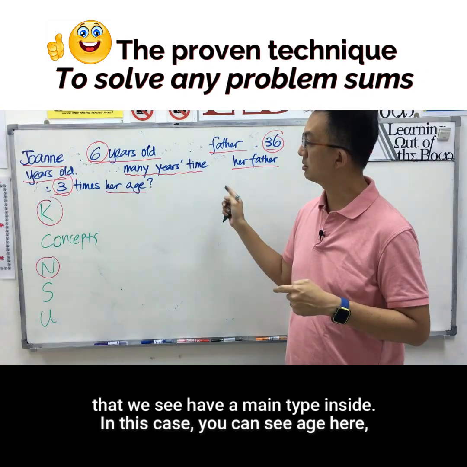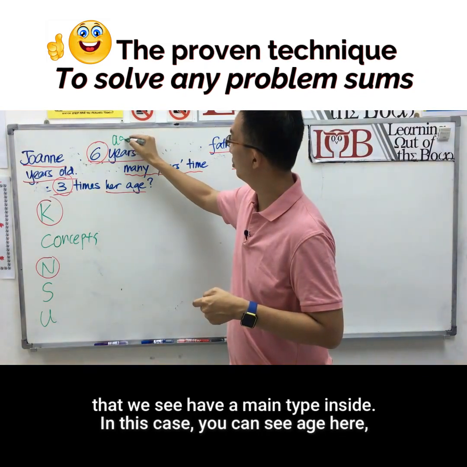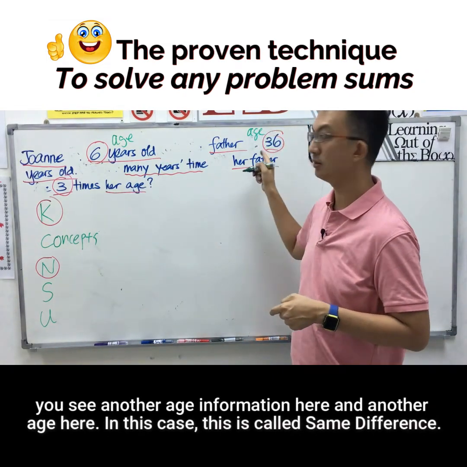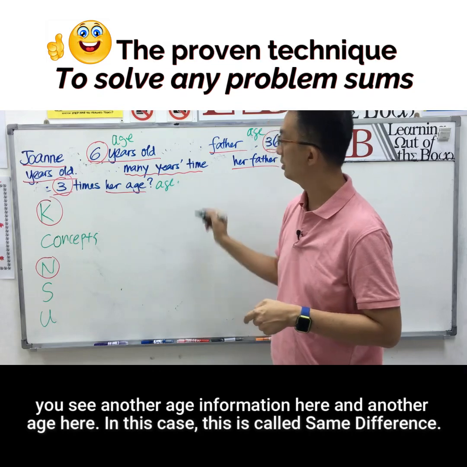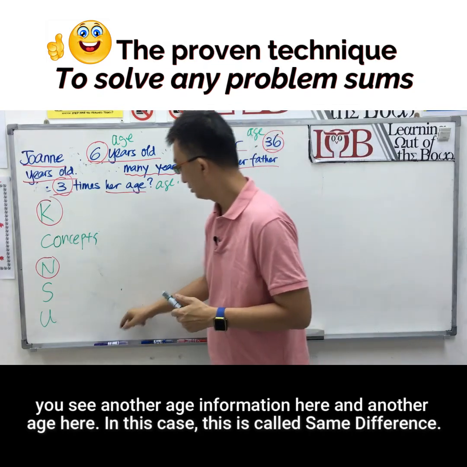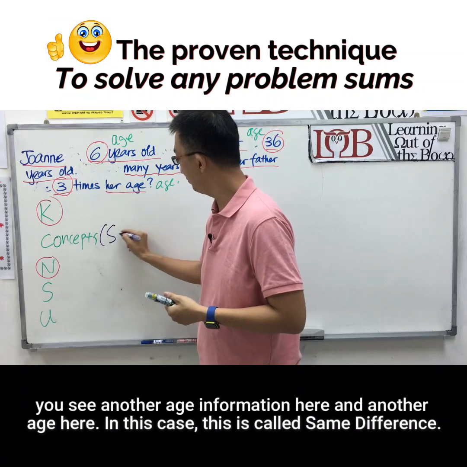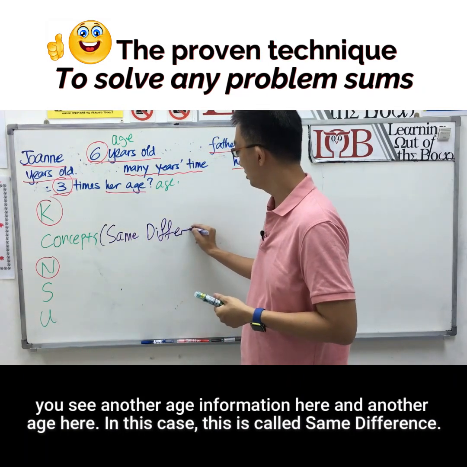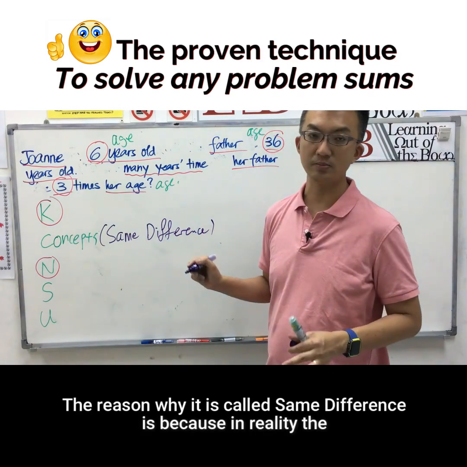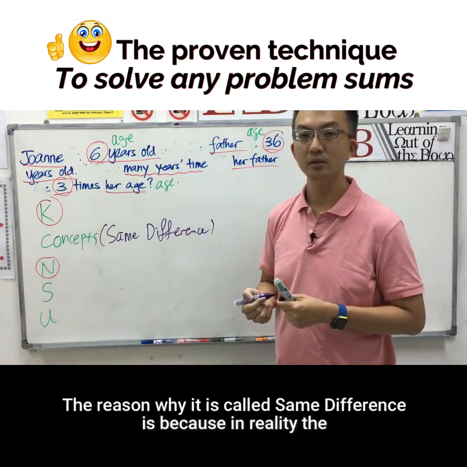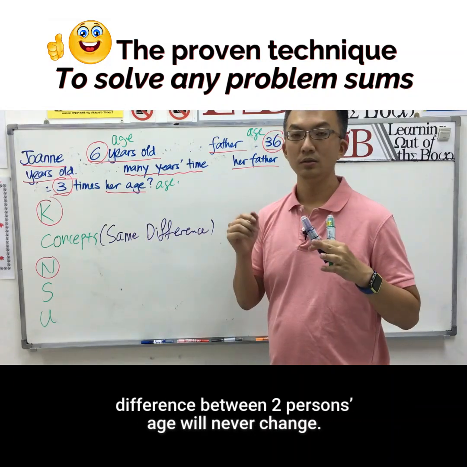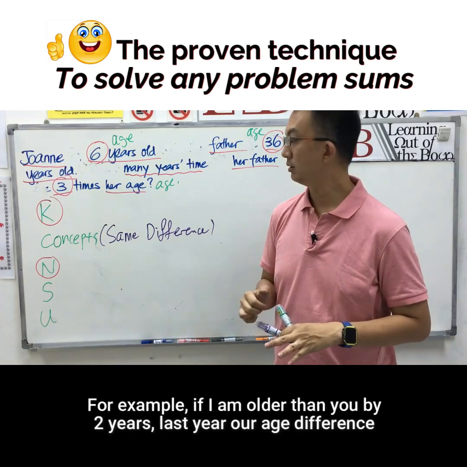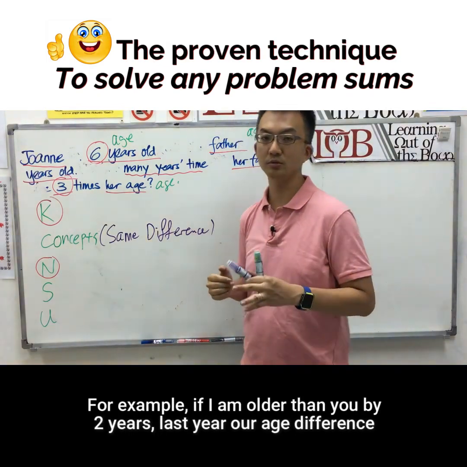And in this case, you can see age here, another age information here, and another age here. This is called same difference. The reason why it's called same difference is because in reality, the difference between two persons' age will never change. For example, if I'm older than you by 2 years,